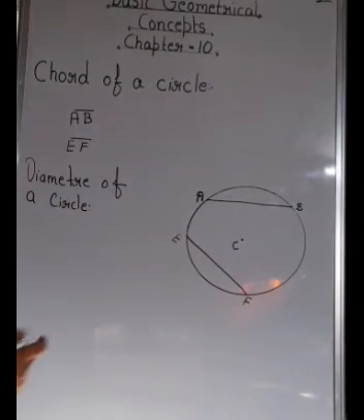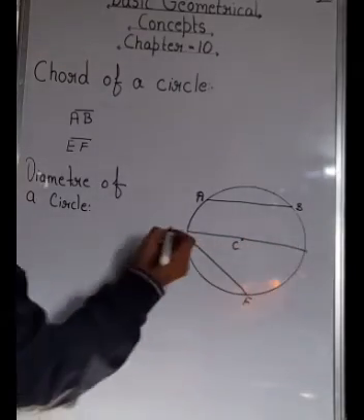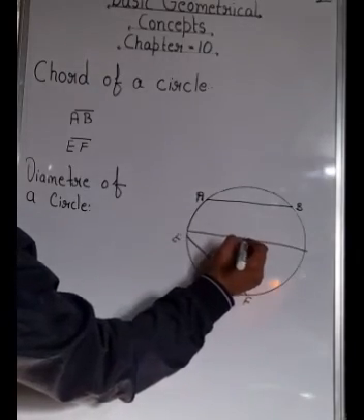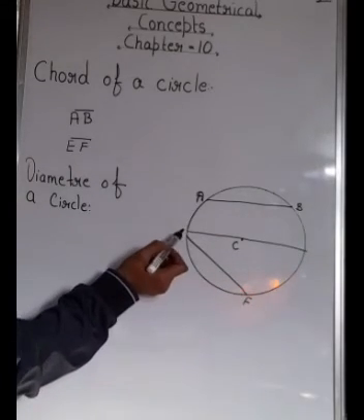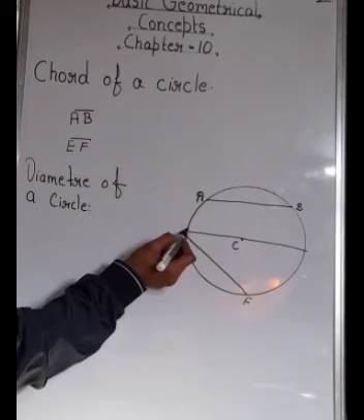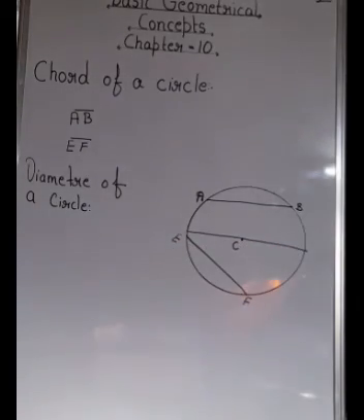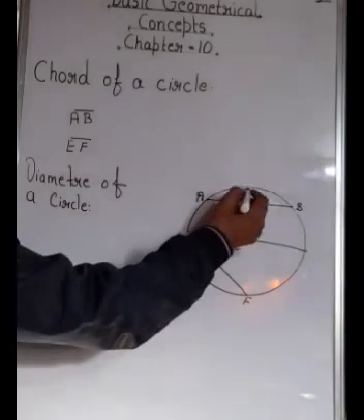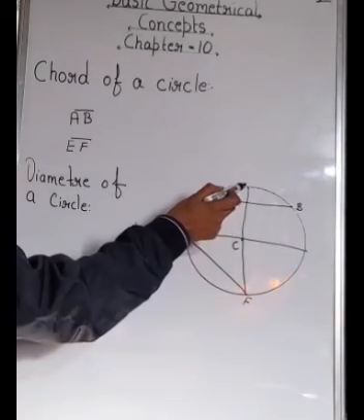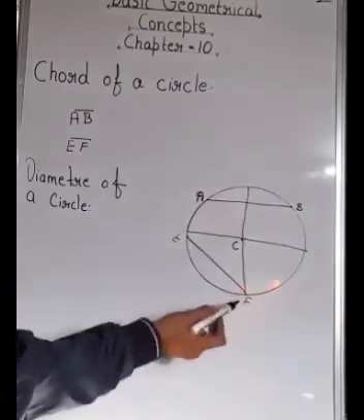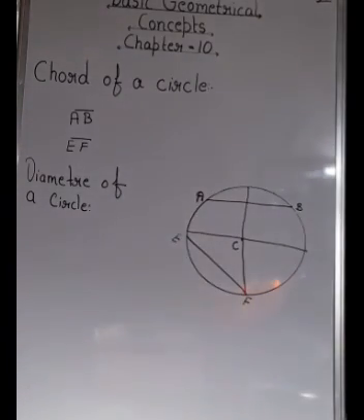Here I have drawn a circle, and suppose I draw a chord like this which passes through the center. It is a chord I have drawn which passes through the center. Why is it a chord? Because it is touching the circle at 2 different points. So the diameter is the longest chord of the circle, or you can say the chord which passes through the center is known as the diameter of a circle. So if I draw a chord like this which passes through the center, it is a chord touching the circle at 2 points, one here, another one here, and it is passing through the center, so this is the diameter of a circle.